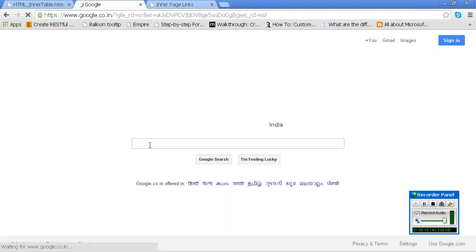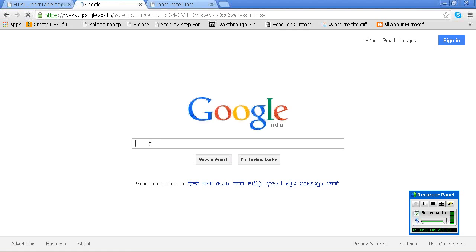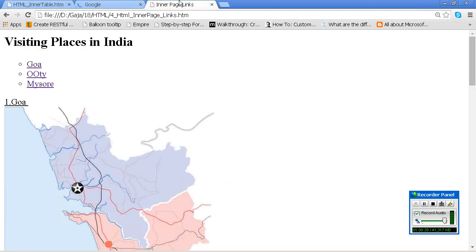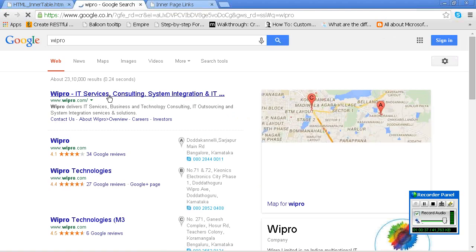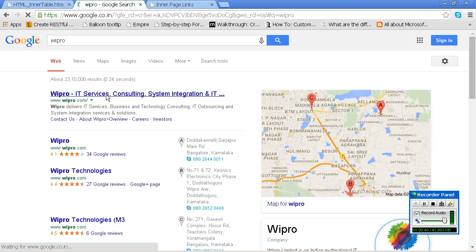Yeah. Now I am searching. I will click Wipro and just search. Meanwhile, let me go to another tab. What is given? Yes, something, correct? Wipro IT services. The website is wipro.com only.